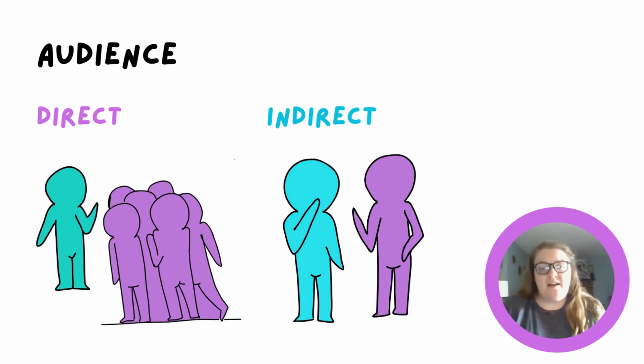An indirect audience, as shown in the second picture, or a secondary audience, are those who might hear the message from others or who will receive the message indirectly. People reading an article in the newspaper about the speech, or even someone hearing about it from someone who was there. An effective speaker is going to make sure that they consider both the people that they are talking to immediately, or that direct audience, as well as the people who might consume that information later on.